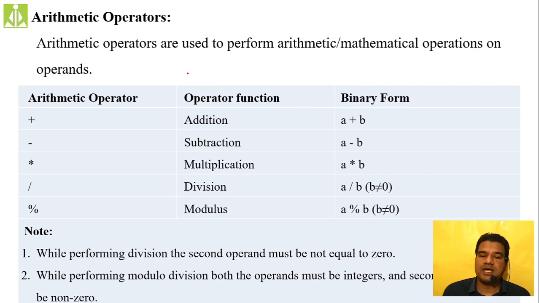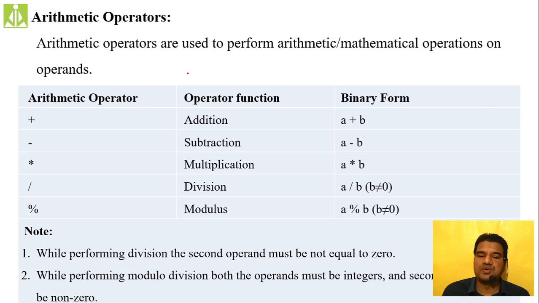Arithmetic operators are used to perform arithmetic or mathematical operations. All mathematical operations like adding two numbers, subtracting one number from another, dividing one number with another, multiplying one number with another, getting the remainder of two numbers. All these things we call arithmetic operations. The basic level of computational job the computer will do over here. That is the reason why we call them that, and moreover they are closely related to your mathematical operations. And here we are doing the simple calculation. So that is the reason why we call them arithmetic operators.